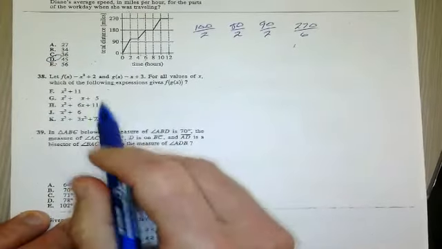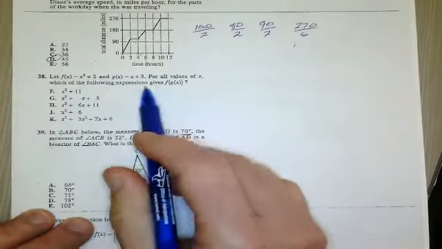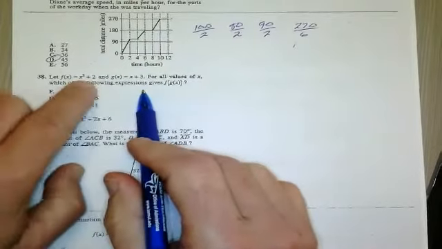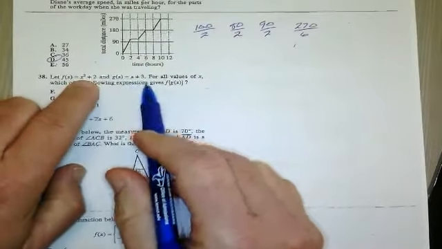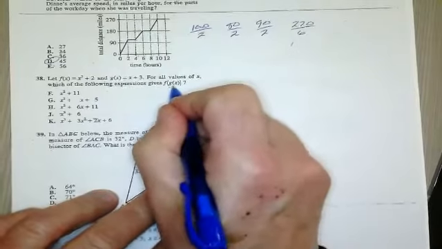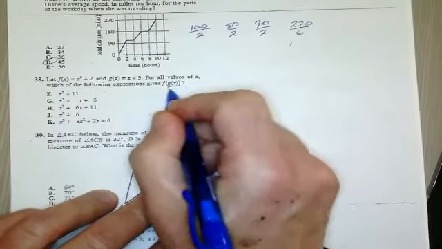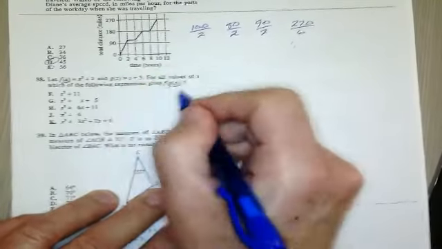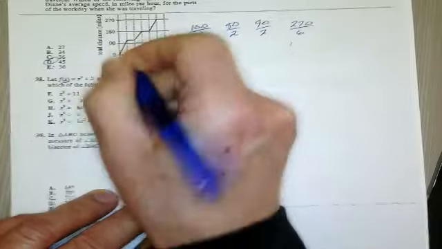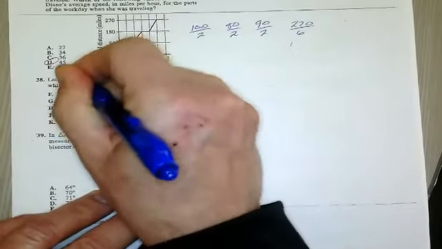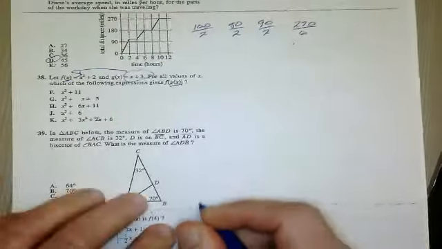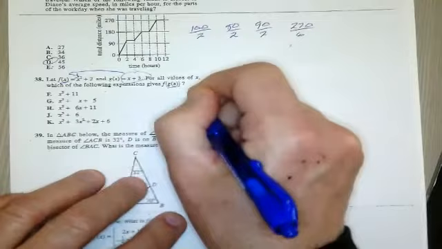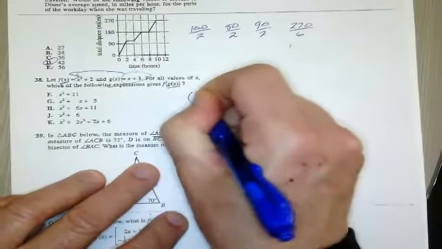All right, so now here we go. F of g of x. F of x is x squared plus 2. G of x is x plus 3. Notice here that the g of x has taken the place of this x. So this g of x is going to take the place of that x and that x. So we substitute it in. We say x plus 3